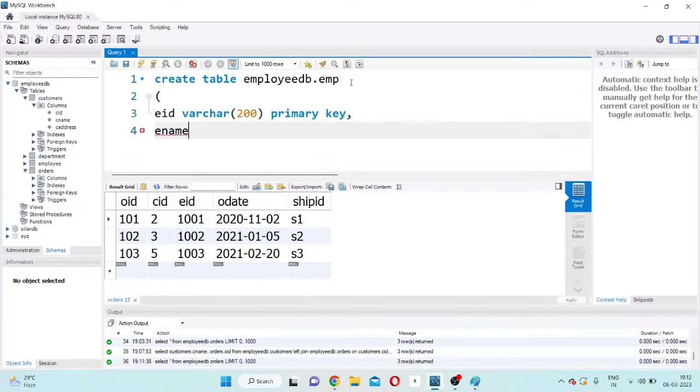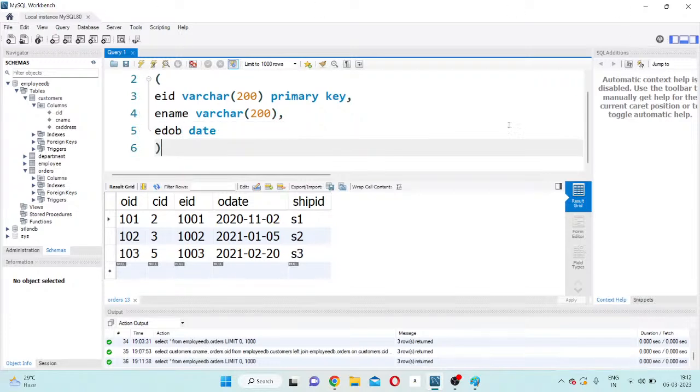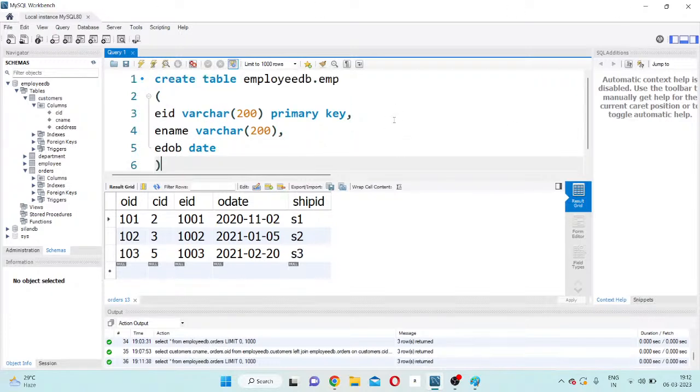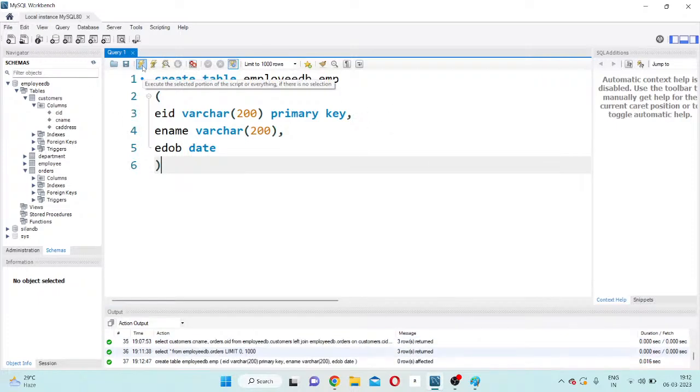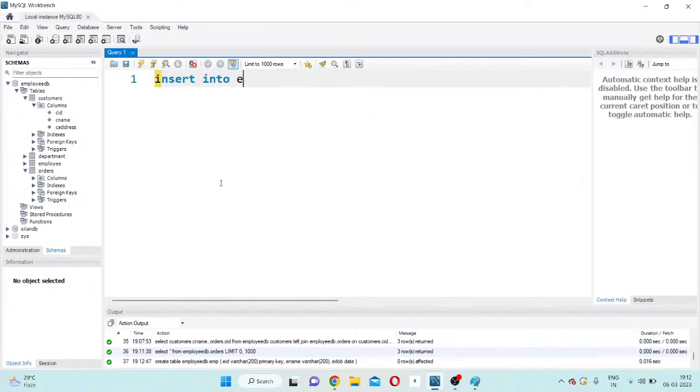Okay, employee name, varchar 200, employee date of birth, date. Suppose I created another employee table containing three columns: employee ID, employee name, and employee date of birth. Now I will hit run. Then immediately I will insert into table name employee